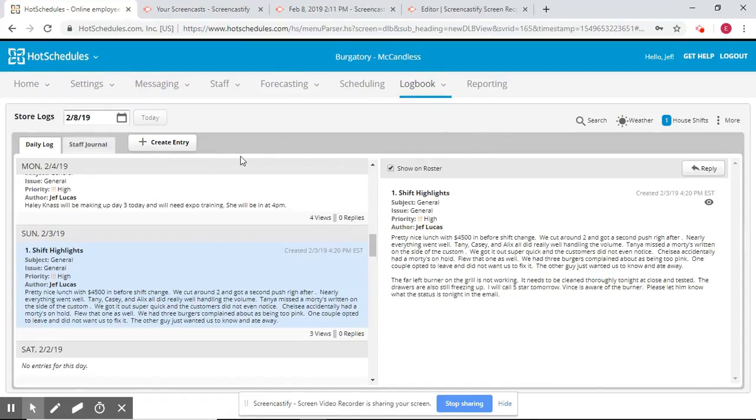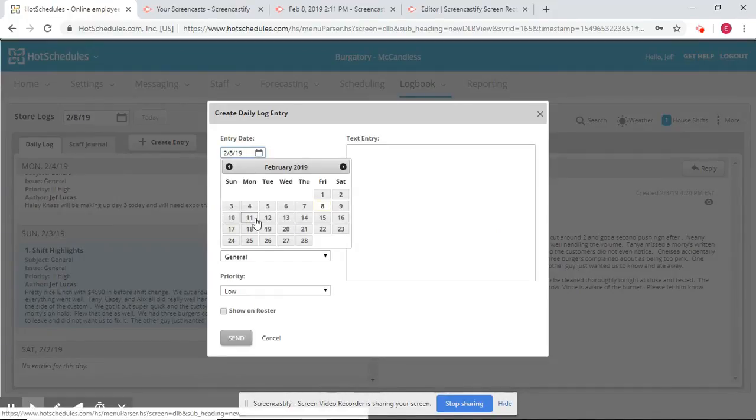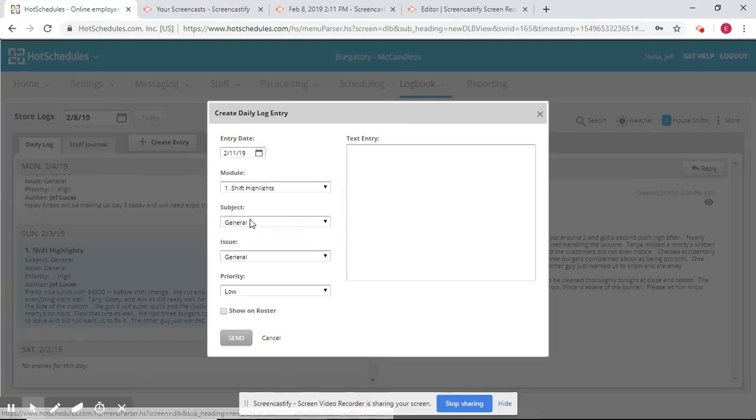Another great thing you can do is when you create a daily log, you can create an entry for the future. So you would choose the date for a day that you are going to be training somebody in the future, a future server or back of the house employee that you've done orientation with. You can simply choose the date in the future that you know they'll be training on. You can select operations, general and general. There are no options in here to let you know about training and that kind of thing. However, what you can do with this is print that it should show on the roster. You would add then your information, day one, server training, Joe Blow,